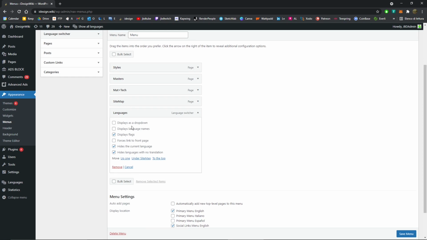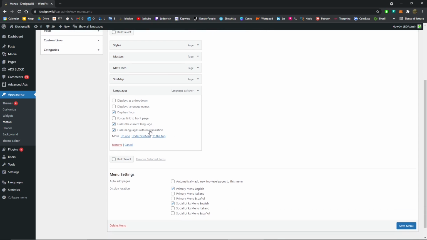Now you can customize this. So you can choose to display the languages as a drop-down menu. You can choose to see the names of the languages and the flags, or only the flags, or only the names of the languages. And then, also pretty important, I decided to hide the current language because I'm already seeing that, so I don't want that to be translated. But also, I want to hide languages with no translation. So this means that, let me show you here on